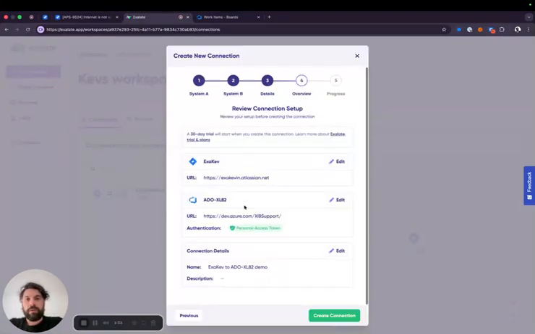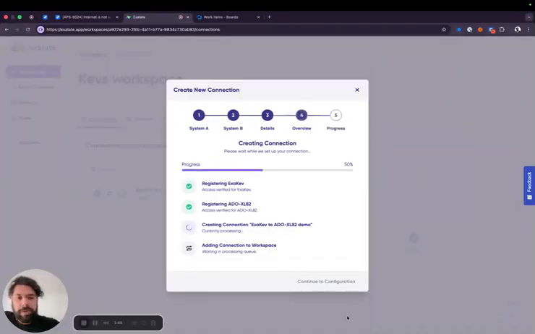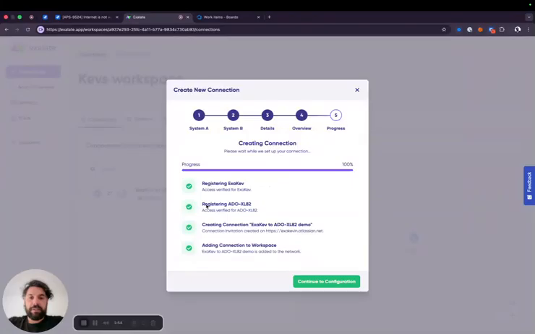Then we click next and we go to the overview. The overview will basically start showing which instance we're going to be connecting. So we have the Jira Cloud, we have the ADO, and the connection name. I'm happy with all this, so I click create connection. And here Exalate is doing the registration. For the instance that was registered, we get the green tick right away. For the other one, it actually did the registration and now has created the connection, and we can already move